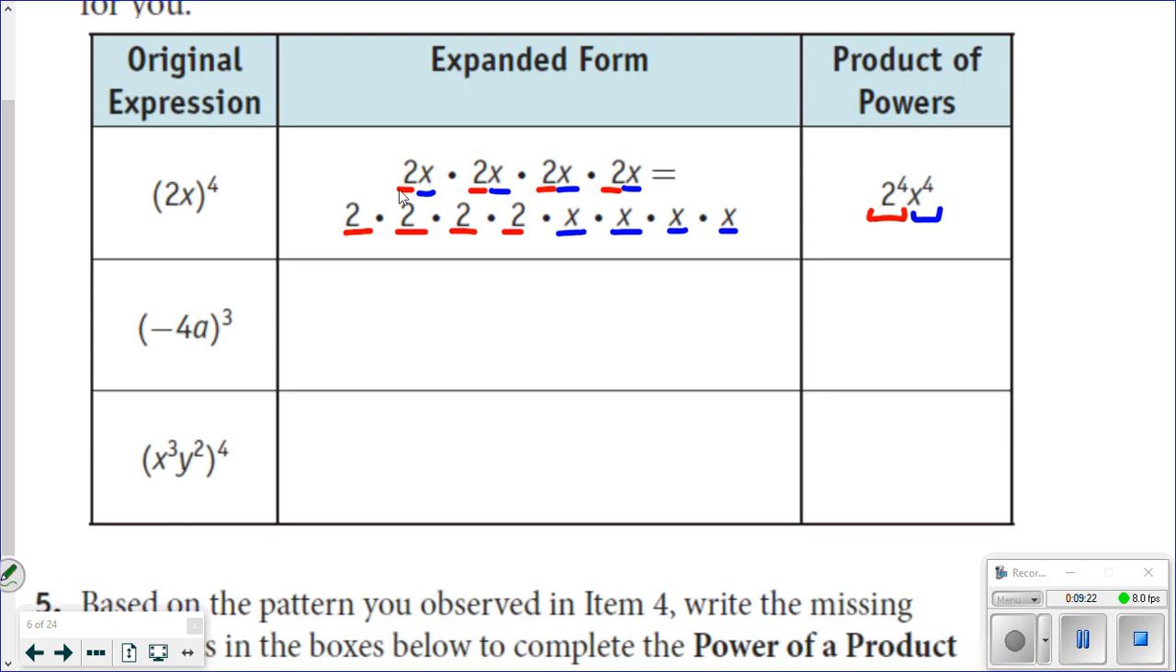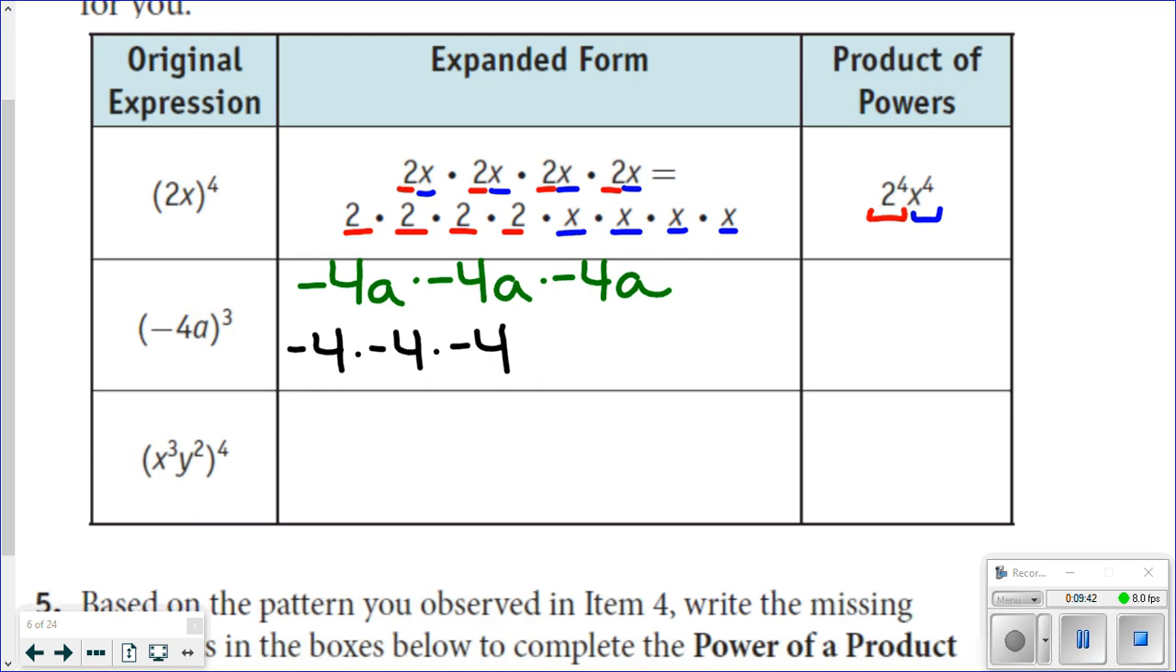Okay, the second example here is negative 4a raised to the 3rd power. So negative 4a times negative 4a times negative 4a. I'm going to group together my negative 4's. Then I'm going to group together my a's. And let's count them out. So it's negative 4 raised to the 3rd power, a raised to the 3rd power,